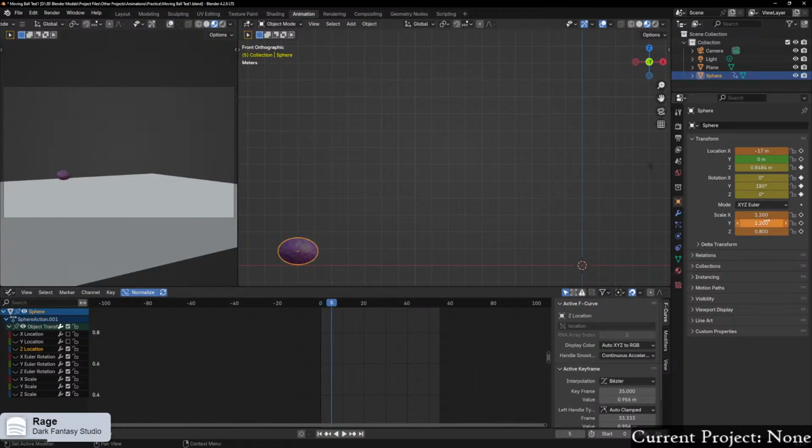Let's just set that all to 1 for now. Because I want this to make contact with the ground. And then 1.1 here. So I want those keyframes. So when it hits the ground,